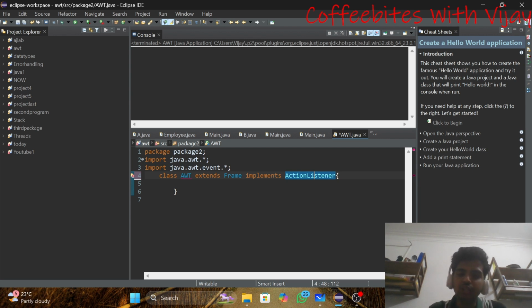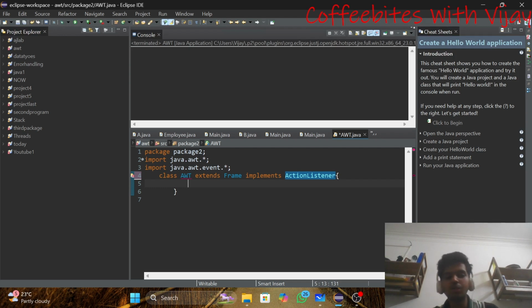Like in the ActionListener interface, I have the actionPerformed method. So this AWT class should compulsorily give the definition for the actionPerformed method. So this was the concept. I think you have understood the basics.